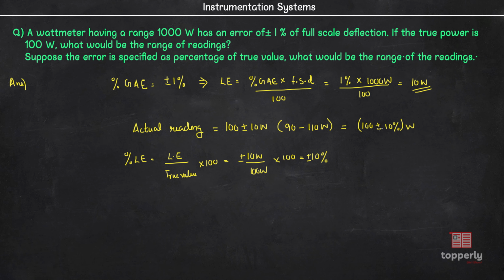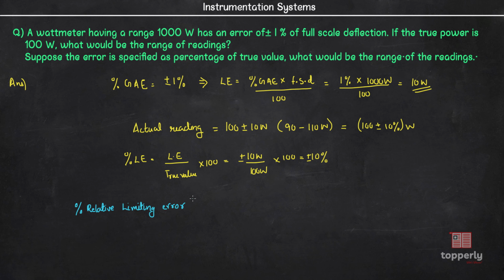Okay, now the second part of the question. Suppose the error is specified as a percentage of true value, what would be the range of the readings? So what is meant by this is, if this plus or minus 1% is specified as a percentage of the true value, that is, we are given percentage relative limiting error